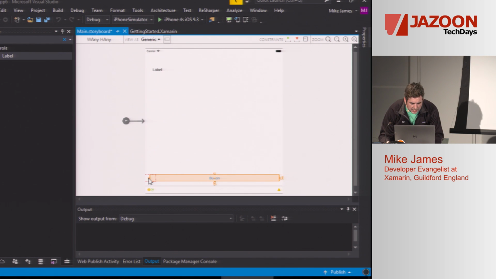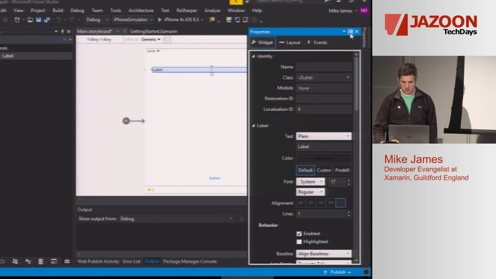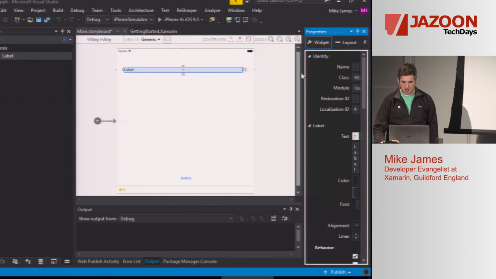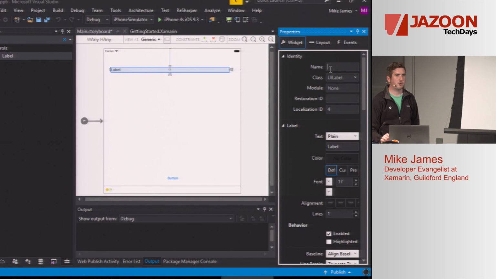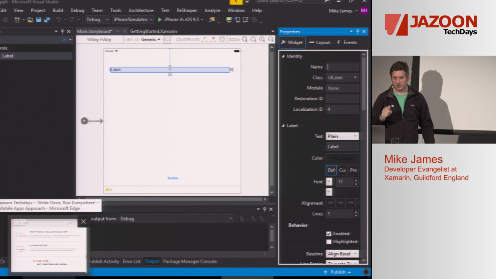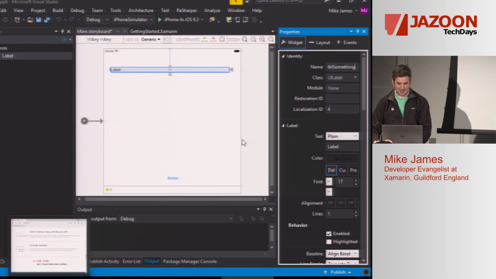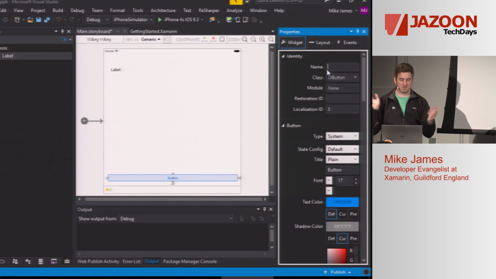So I'll use a handlebar again, boom, click over here, and I'll set it a fixed height again. So let's select the label. Now I learned to program with WinForms, so I have the strangest naming convention for probably any iOS developer, but this is going to be LBL something. And this is going to be BTN click.